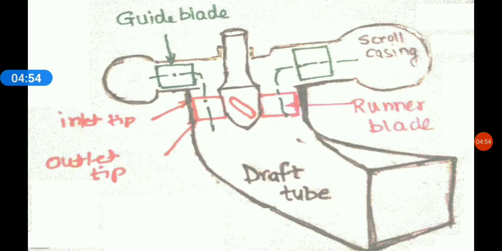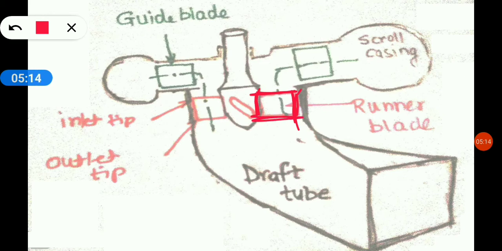And then in order to get a shockless entry throughout the length of the blade, we have to change the blade angle from hub to tip. Fine. So from hub, this is the hub portion, so this is the hub section, and this is the tip section. So from hub to the tip, throughout the length, the blade angles are to be changed. Here also the blade angles are to be changed.